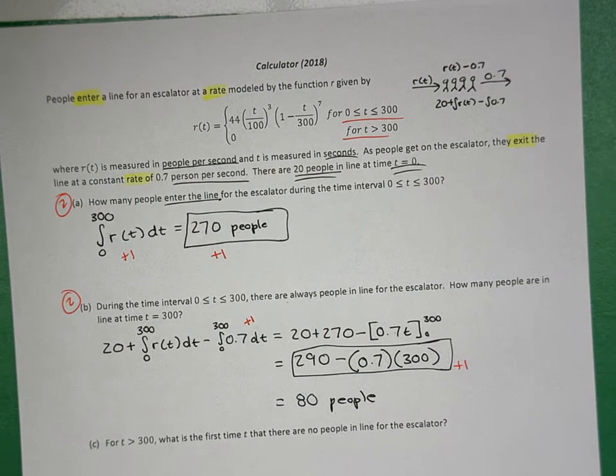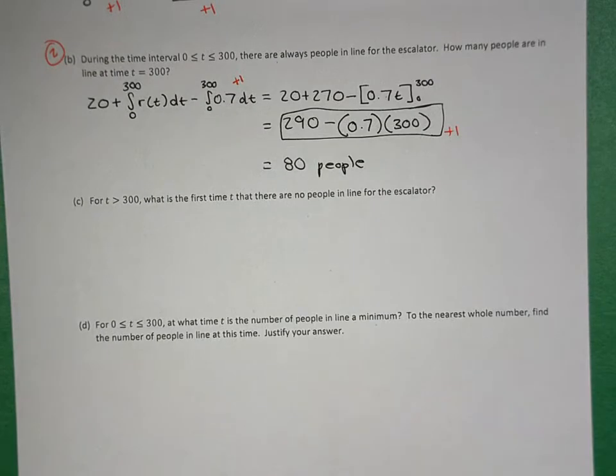Okay, part C says, for t greater than 300, what is the first time t that there are no people in line for the escalator? In my personal opinion, I think that's the hardest part of this problem, so I'm actually going to skip part C for a bit here, and I'm going to go to part D next, because if this was my problem, I would do that. Part C, while I will walk through it, and it ends up not being, I would say, crazy out there in terms of understanding,